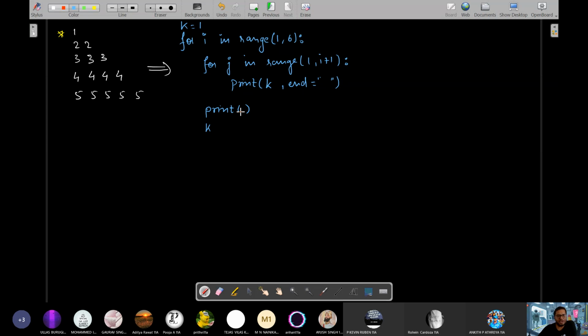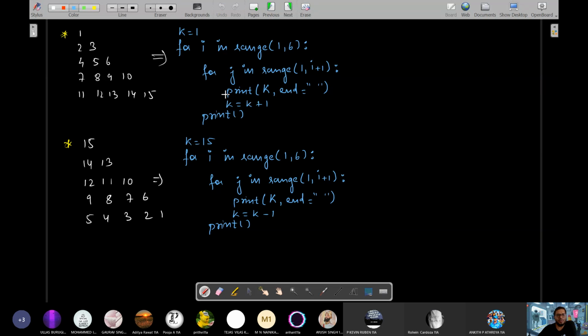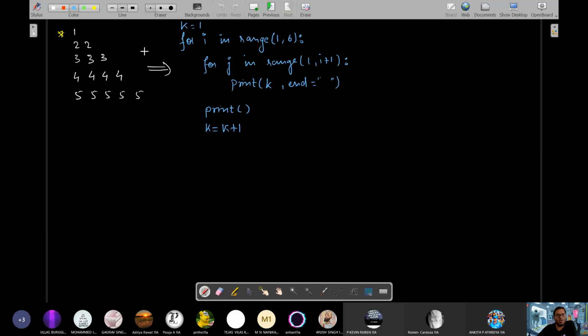Print आने के बाद you are sure कि one row, this will generate one row and then change line. Then before you start generating next row, you increase k. Okay. So here you were generating every time print was being encountered, but here you are increasing k only when new row before new row printing starts. So next time when the j starts all over again, before that you will increase the value of k by